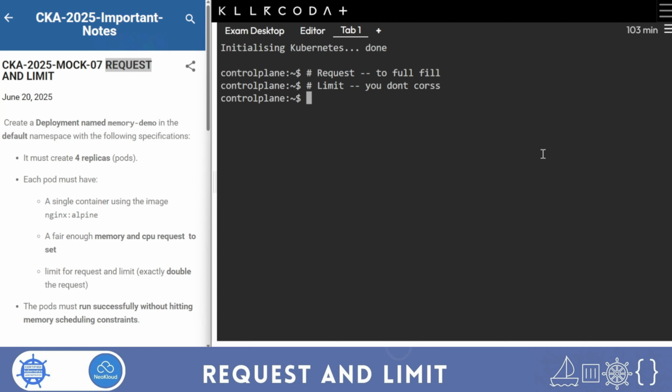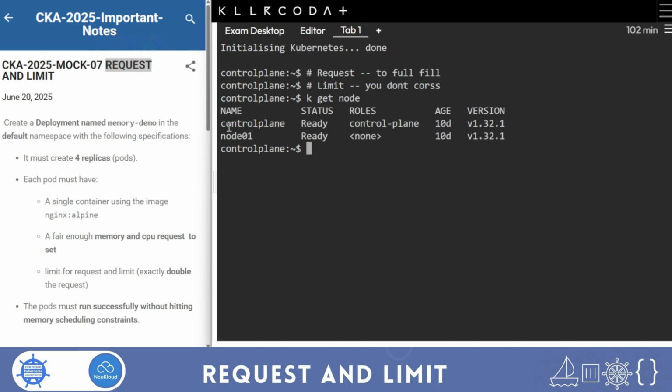Okay, so I'll get nodes. So here are 2 nodes. But here the control plane node taint is there, so you cannot schedule a pod in the control plane node. Somewhere else if the taint is not there you can, but here the taint is there. So I'll describe